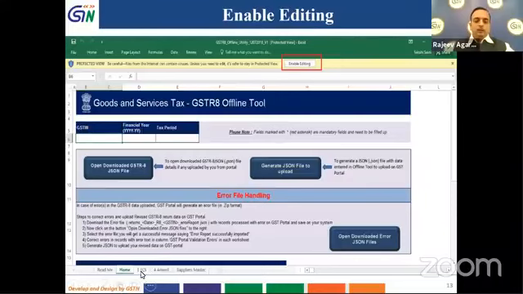3 TCS gives the detail of where you have to enter the details of the supplies made during that particular month from your portal. In 4 amend, you will have to give details of the rejection if any made by the supplier, or you want to make any amendment. And in the 5 is the supplier's master data that we will see first.